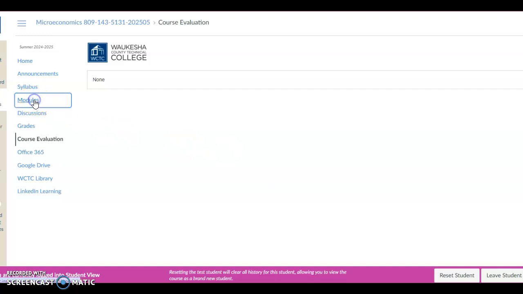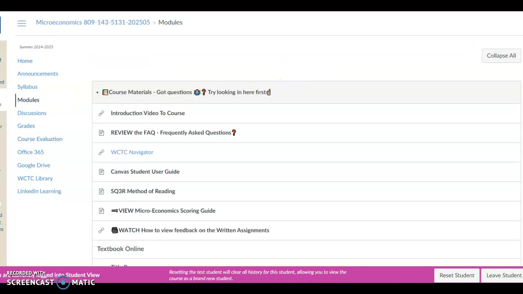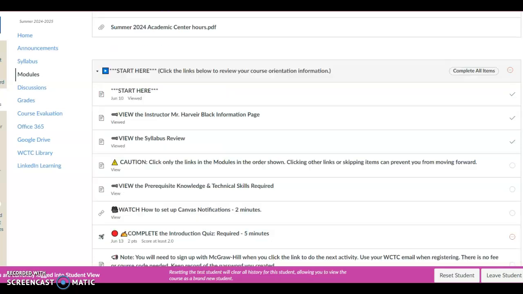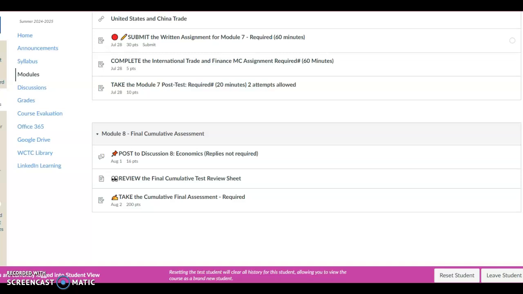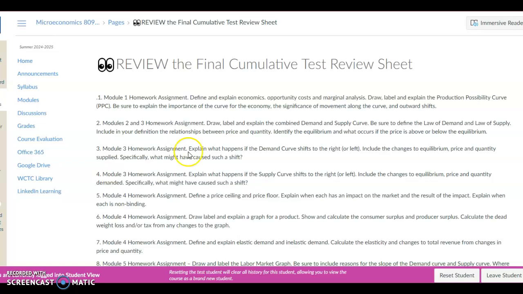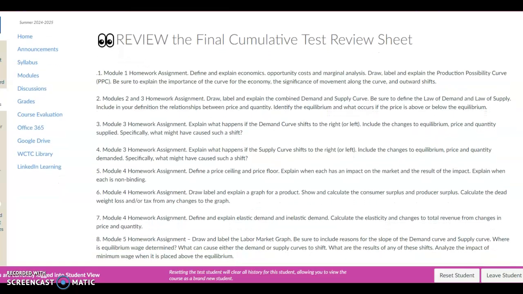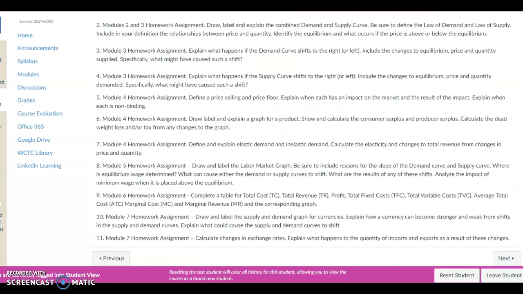Now, let's get to the main substance of what you're going to be doing for the final week. As everybody knows, it was made available this past Wednesday in Module 8: you are going to take the final exam. Click on this, and this is your test review. The final exam is comprised of all the assignments that you've done over the last several weeks, so you have the written assignment along with the Connect assignment that you were submitting.